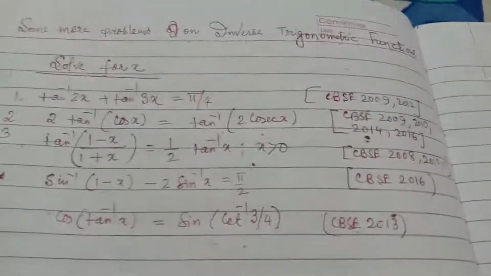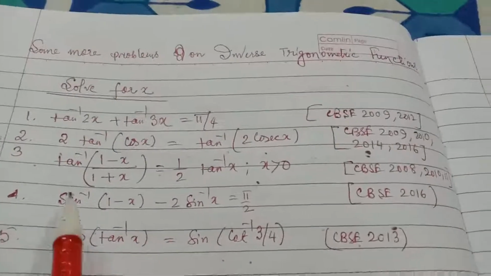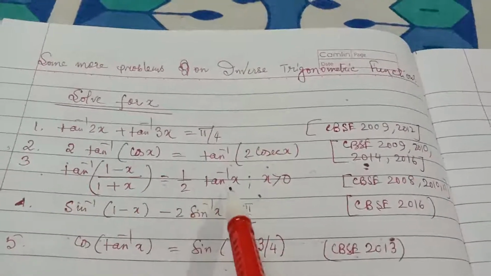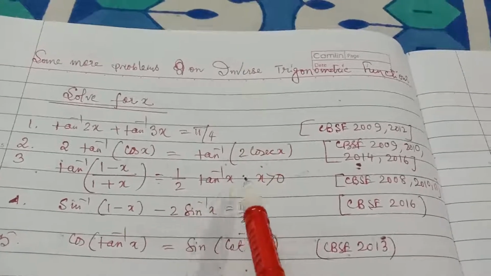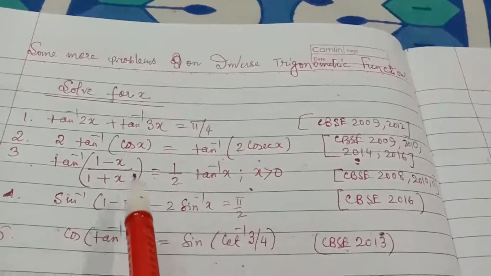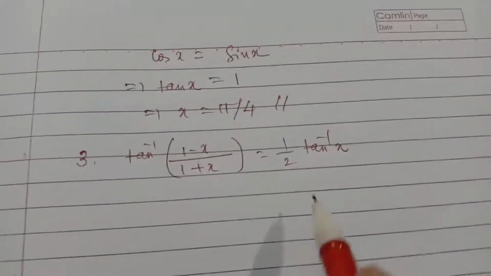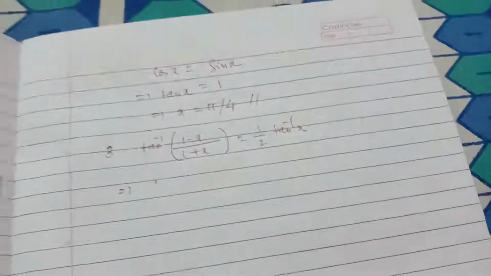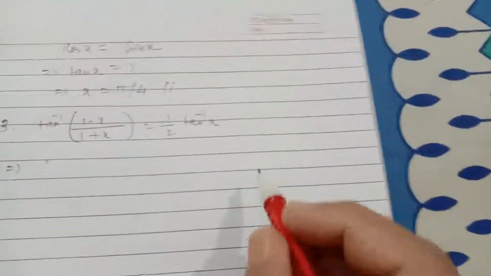Next, let us solve question number 3. Given tan inverse of (1 minus x) by (1 plus x) equal to half tan inverse of x, and we have to find the value of x. We have to solve this equation. I have written the question here, tan inverse of this. Now, if we apply this formula, you see,